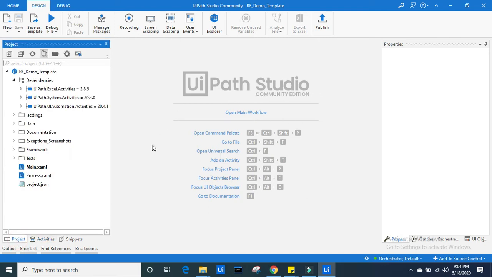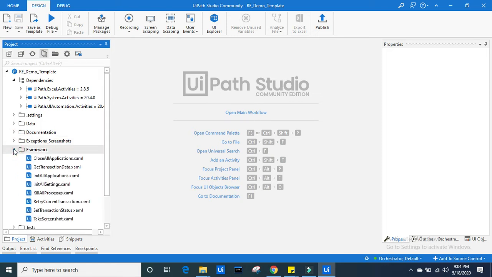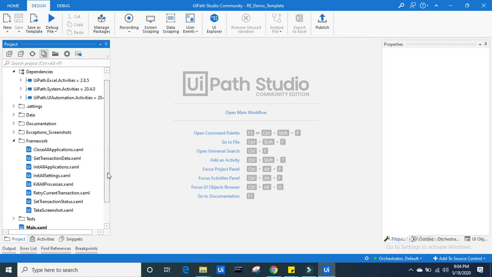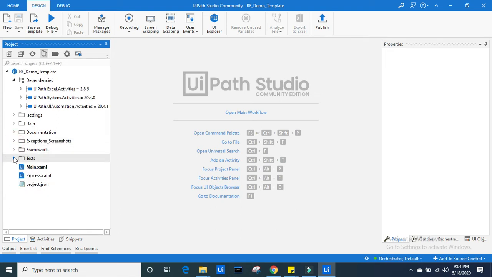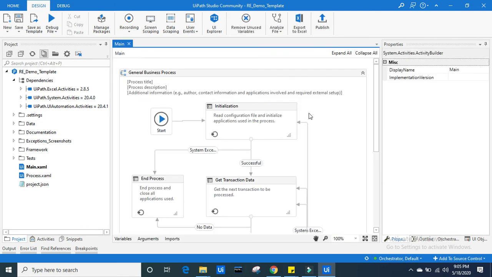Here you can see a lot of folders. We will go in depth one after another, but this video is just to understand the template at a very high level. I repeat once again, based on my personal understanding, the more you solve real-time examples or workflows, the more you get the details about the RE framework. The theoretical perspective, you will understand it more.